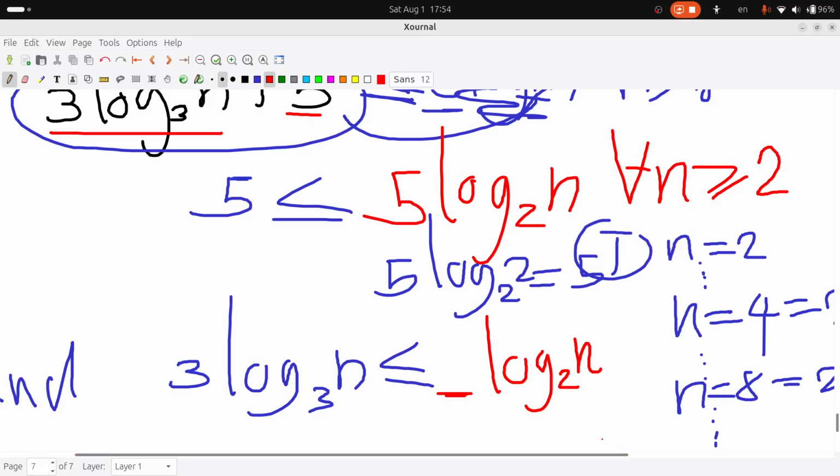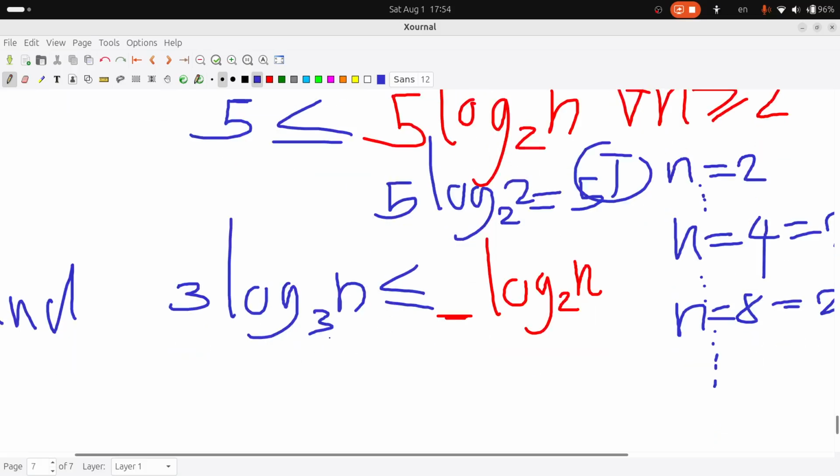So we can see that for n equal to 2, log 2 base 3 is estimated at